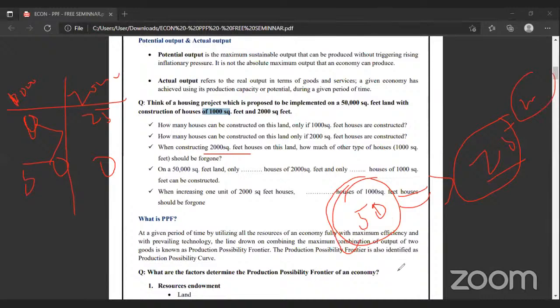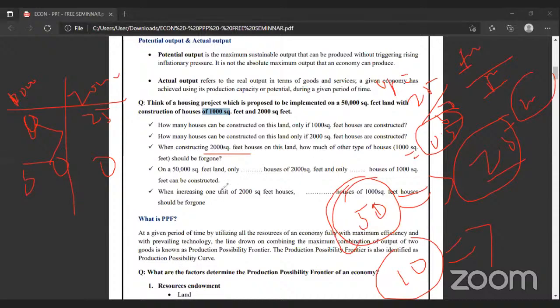Then if they want to produce 10,000 square feet of houses, how many 2,000 square feet houses should be sacrificed? Then what should you do? Calculate the unit one, right? Calculate the unit marginal opportunity cost. How to calculate the marginal opportunity cost, right? Now see which one is sacrificed. The opportunity cost formula is foregone divided by produced. What is the foregone here? 25 is foregone. And the produced one is 50. So what is the answer? Tell me 25 divided by 50. I'm weak in maths. 0.5. Yeah, 0.5, right?